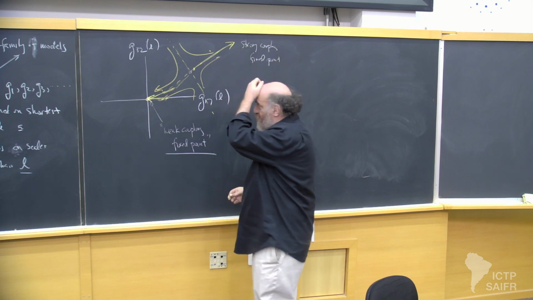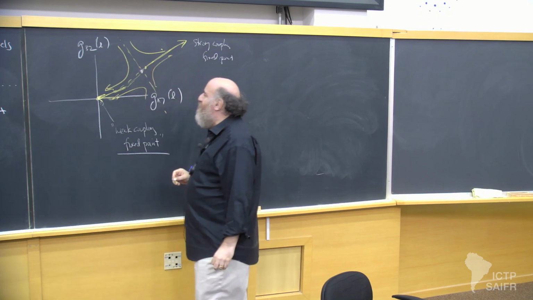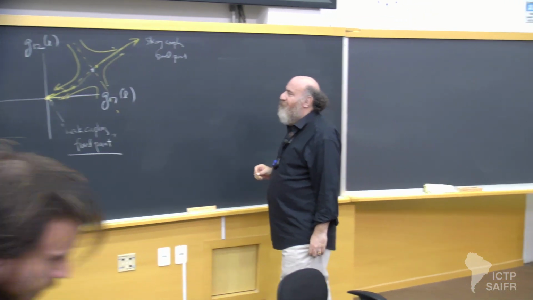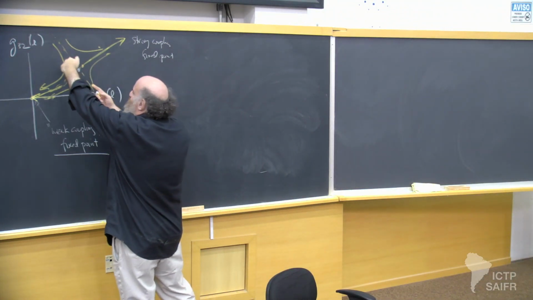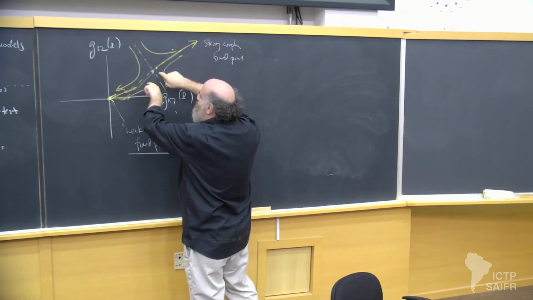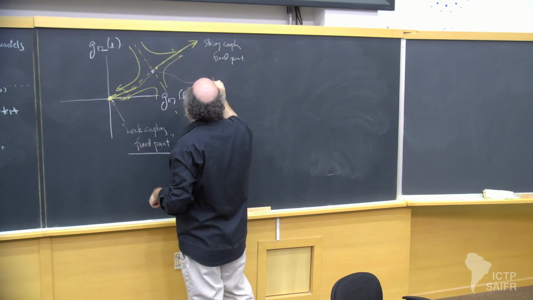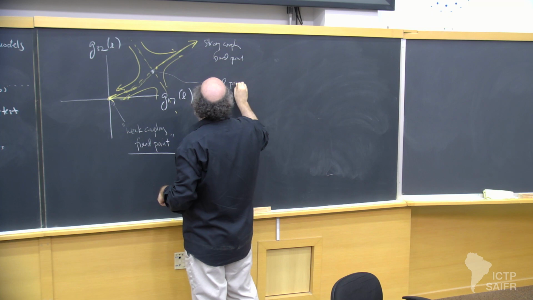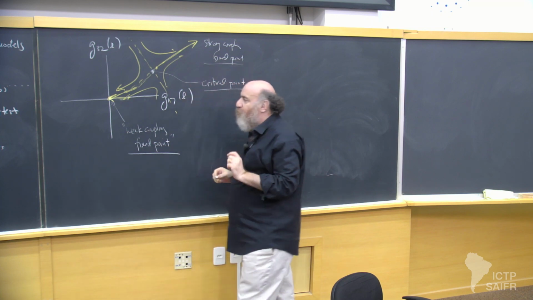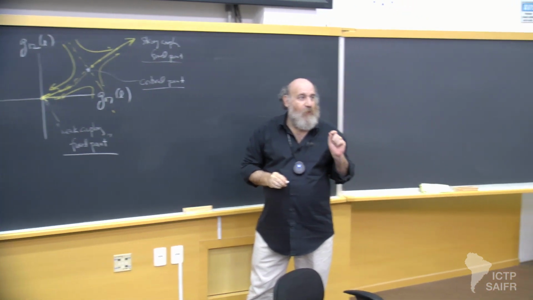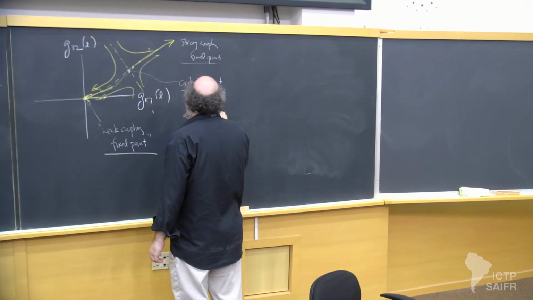Somewhere. And then there's something here which is stable, which is a saddle, right? It's stable in some directions and unstable in others. And this is called a critical point. But more generally, what you realize is that as L goes to infinity,